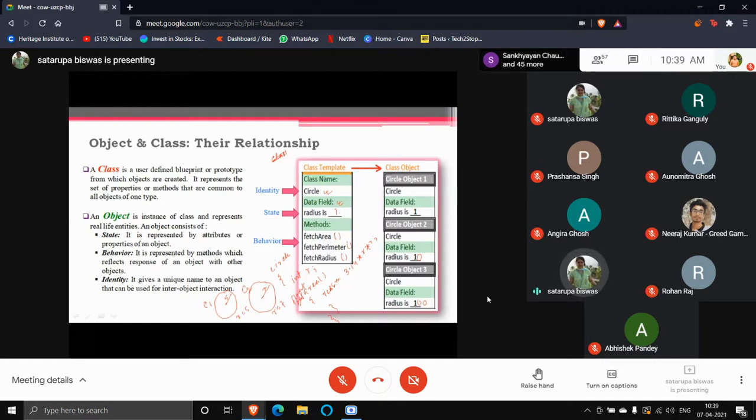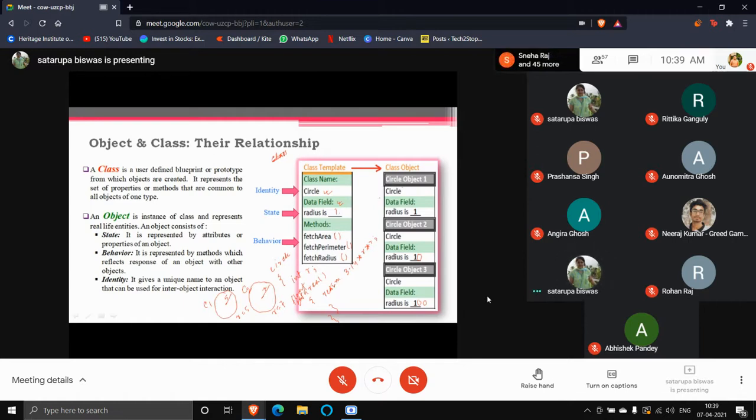What is the state? A state is basically represented by the attributes and their values. Using the state, you can identify that this circle is different from that circle, or this human being is different from that human being. So these are the attribute values. And behavior. Behavior means following one single class, all the objects should follow the same kind of behavior. And that behavior is going to be defined using methods.